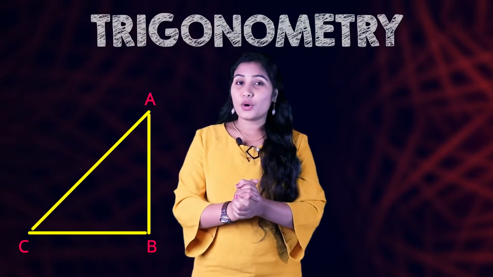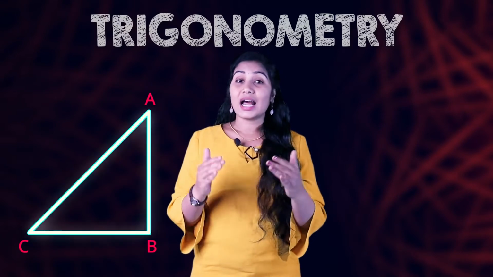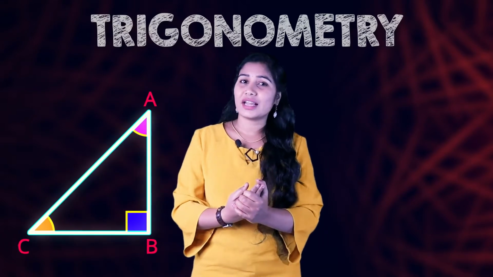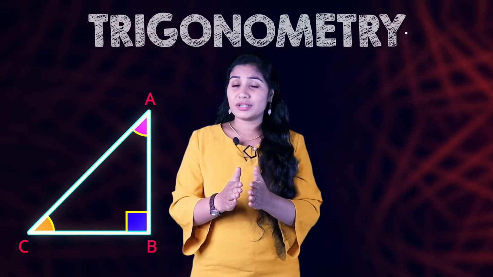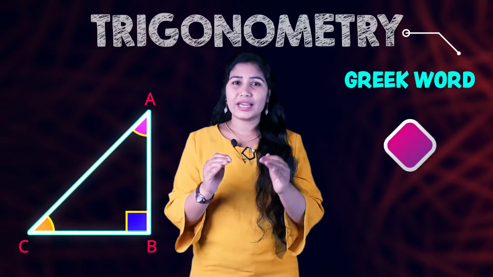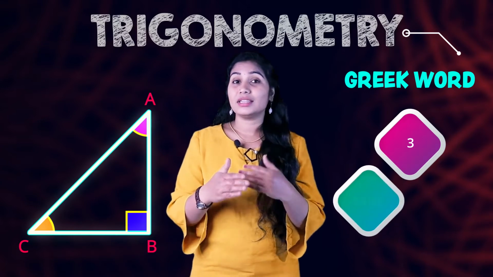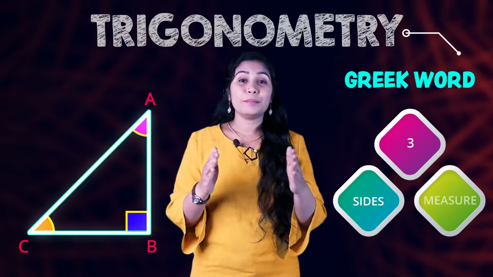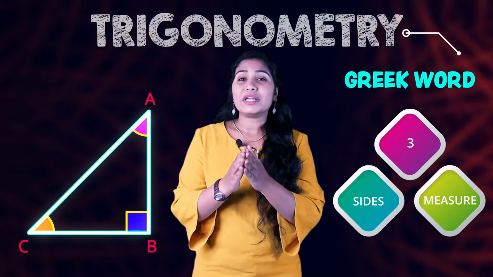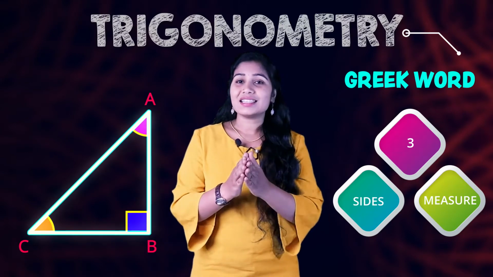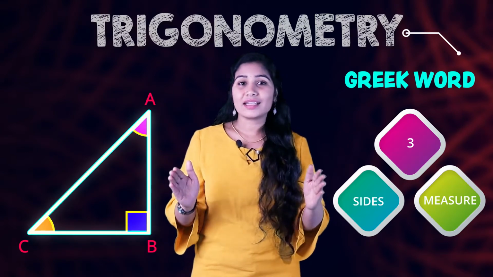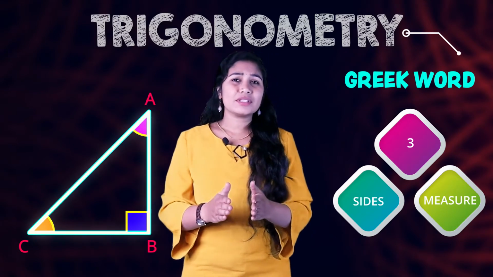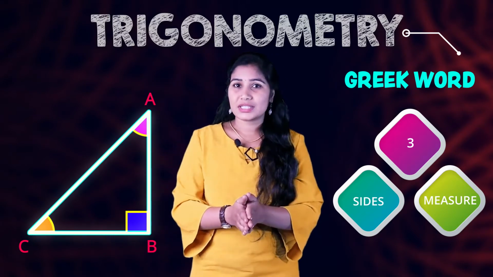But what you have to understand before getting into this concept, first of all, is what trigonometry is. Trigonometry is the study of the relationship between the sides and the angles of a right triangle. The term trigonometry is derived from the Greek words tri, which means three, gon, that is nothing but sides, and metron means measure. So, we describe the word trigonometry as the study of the three sides and the angles of a triangle. We have seen triangles and their properties in our previous classes.